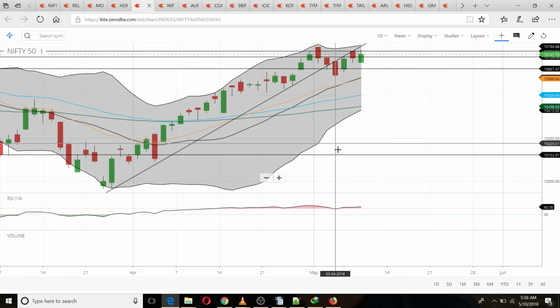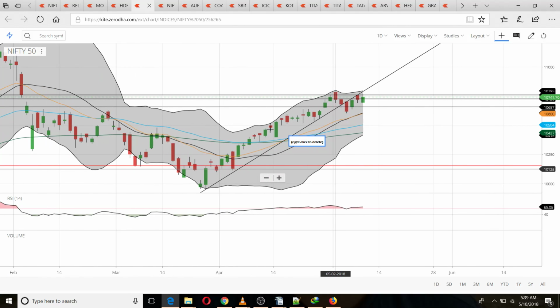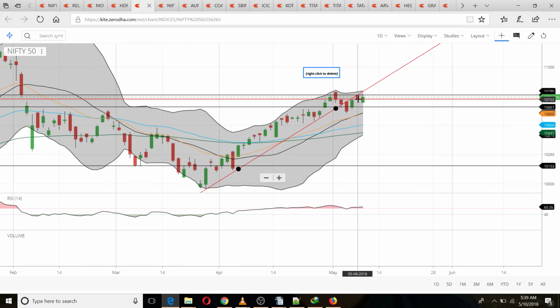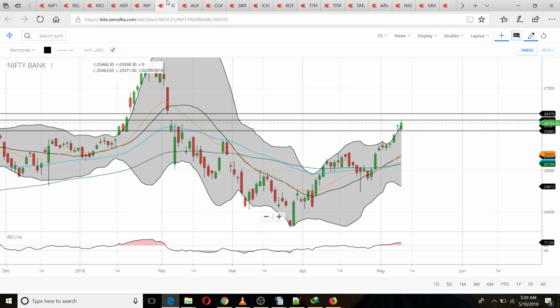And apart from that, there are other things that I have discussed earlier, that I'm expecting leg C of the wave. So this is where I would be expecting a shorting opportunity, but currently this is not giving it. And now let's go to options data.